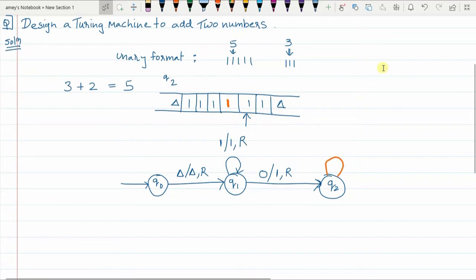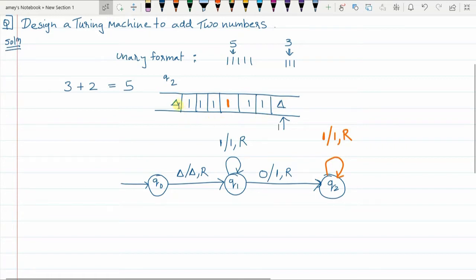So in Q2 state, if 1 is encountered, you replace 1 with itself, the pointer moves to the right, and you remain in the same state Q2. Again in Q2, 1 is replaced with itself, the pointer moves to the right, and you remain in the same state Q2.